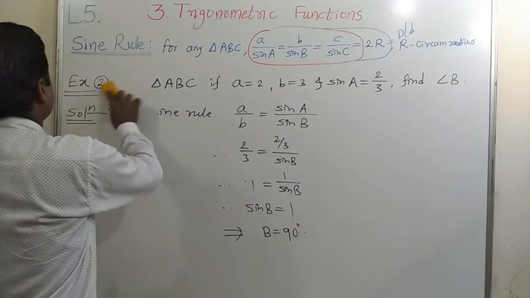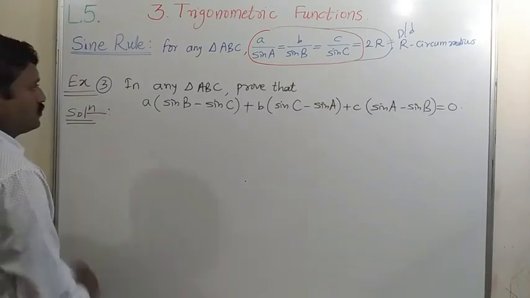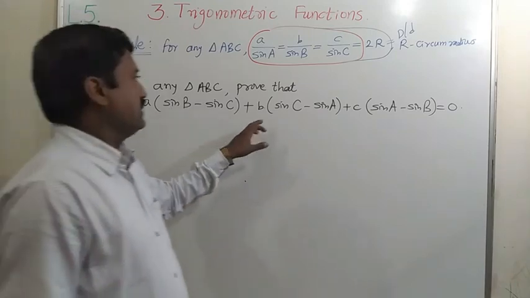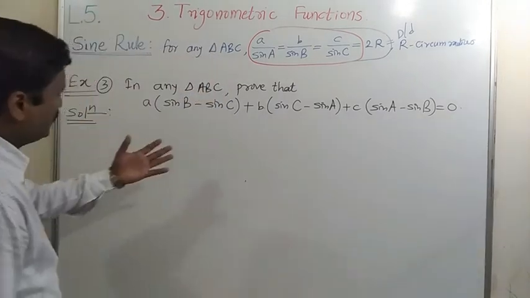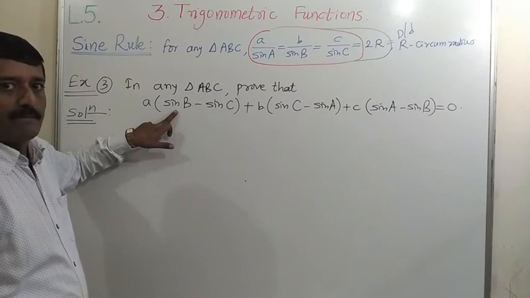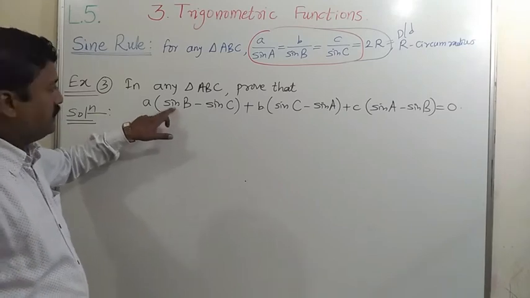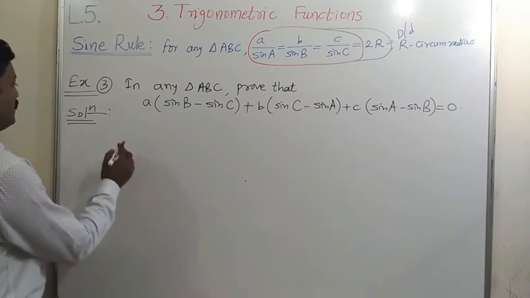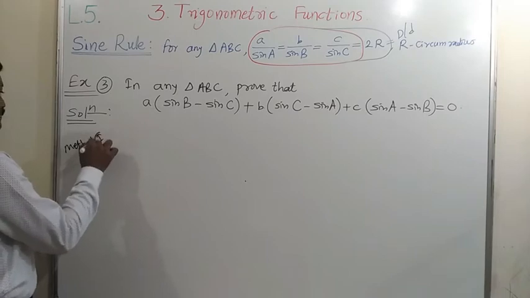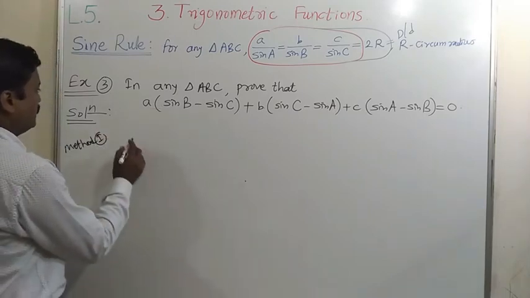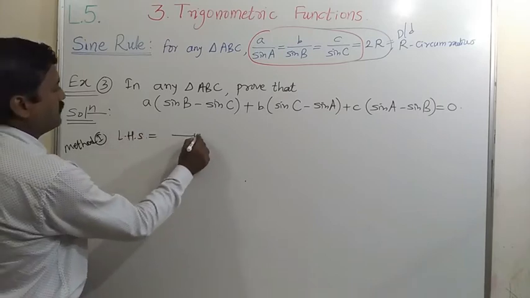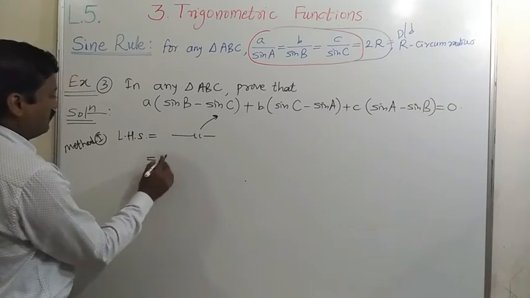Okay, this one is very simple. Let us see example number 3.0. Let us see the solution. If we observe this carefully, then we can write the values of sin B, sin A and sin C, and simplifying we can get answer 0. Sin B we can write as BK. Therefore, by that method, by using the values of sin B, sin C, the LHS is as it is. So it is equal.